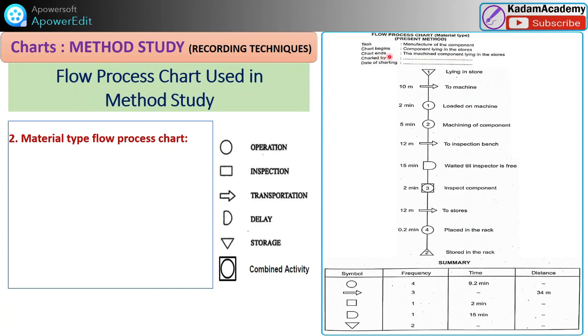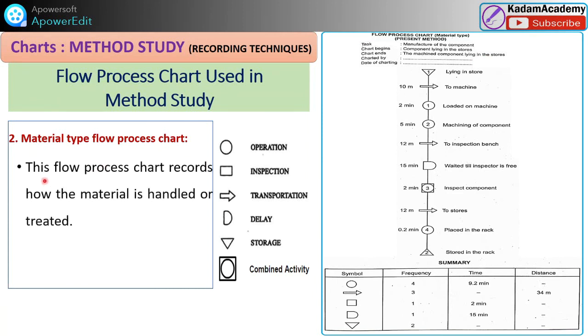The chart ends with the machining of the component. This flow process chart records how the material is handled or treated. See here, the material lying in store, the storage symbol, number 1.